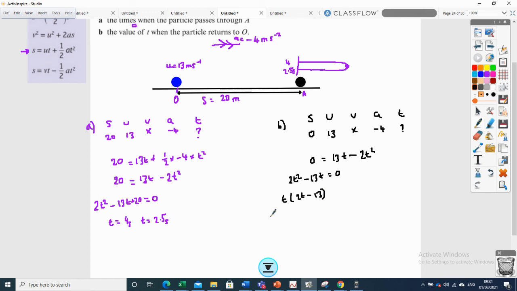So either t is equal to 0, which would have been at the start of the question, so we're not using that one, or t is equal to 13 over 2, 6.5 seconds. And that will be the point where